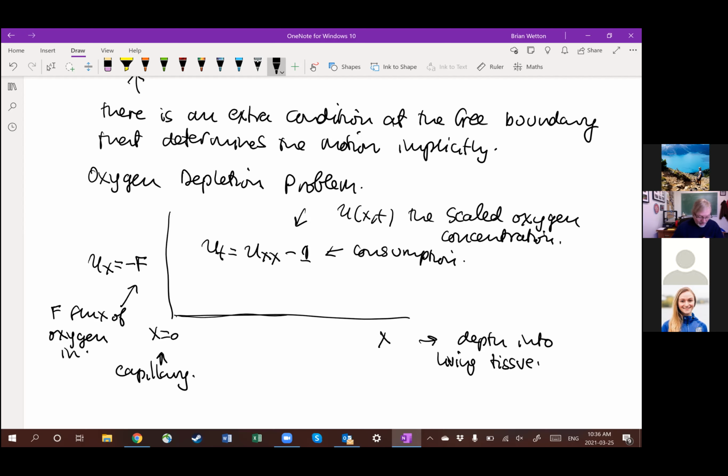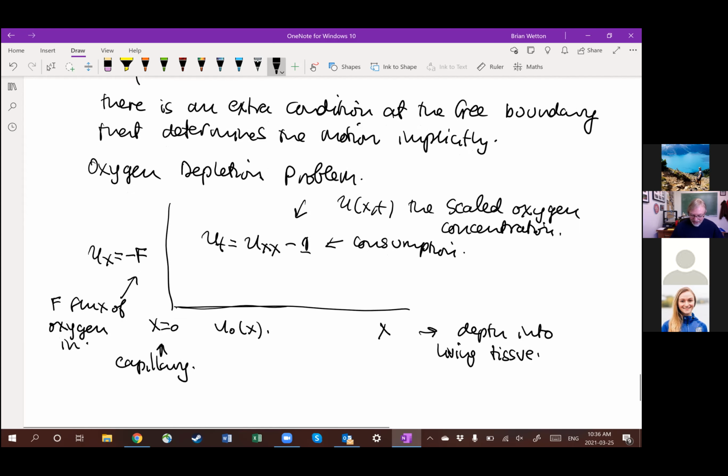And I'm going to give some initial conditions. If that's all there was, we'd be back to old news in the course, right? But now